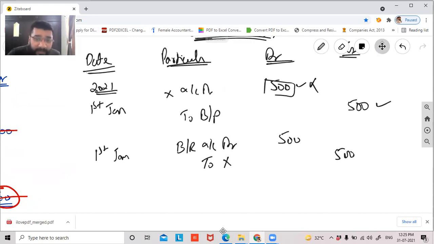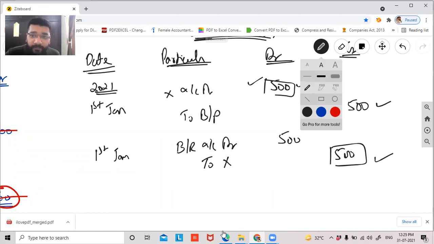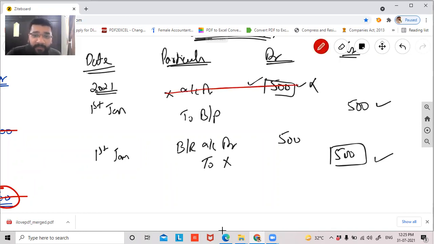Now guys, this entry means that Y has to give 500 to X. Y has to receive 500 from X. Receiving, giving, entry will knock off. This means Y has to receive. This means Y has to give. Entry knocked off. Clear, not clear? So now X does not have to give any money to Y, and Y does not have to give any money to X. Whatever money they have on the respective due dates, they will settle to the respective bankers. Clear or not clear? Yes, sir.